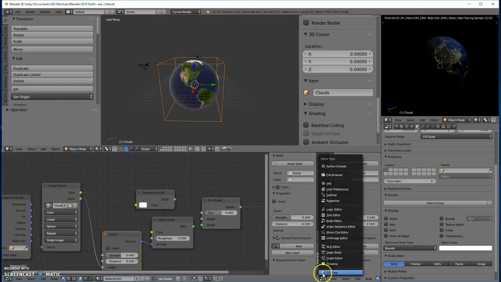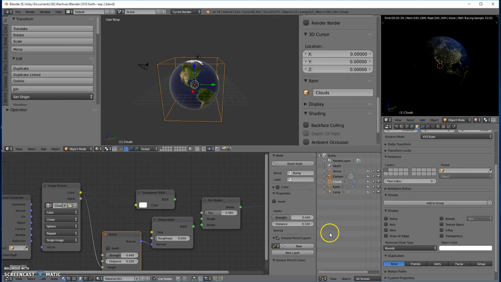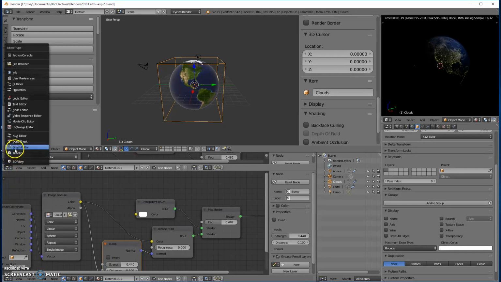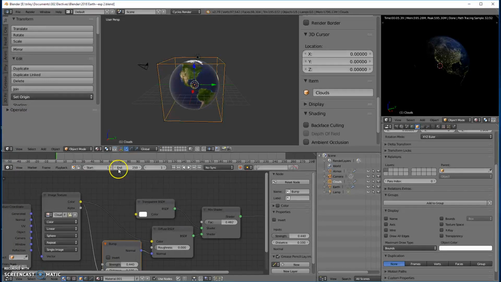So I'm going to go down to here. I'm going to choose outliner, so I can see all my objects so far. I'm going to pull this down just a little bit and add my timeline in here. Here we go. Okay, so one of the things I want to do is I want to try and get